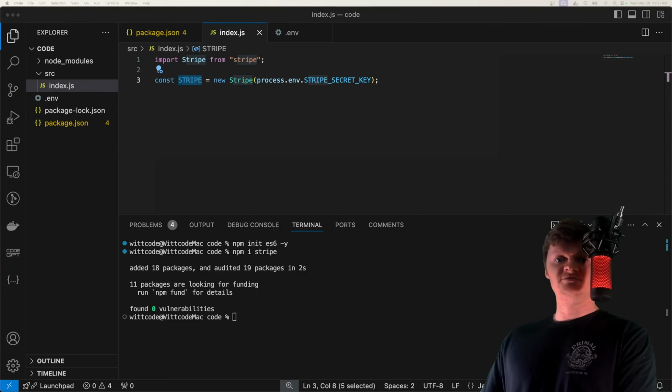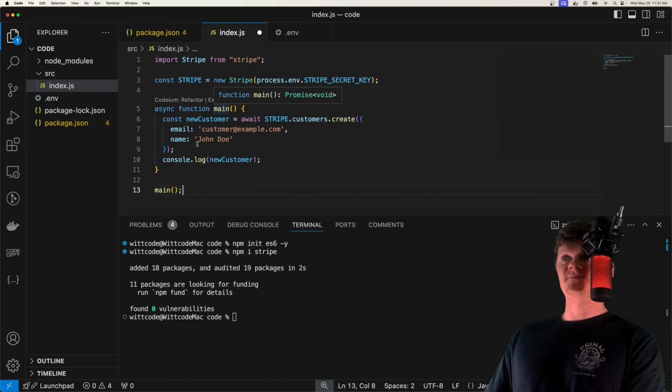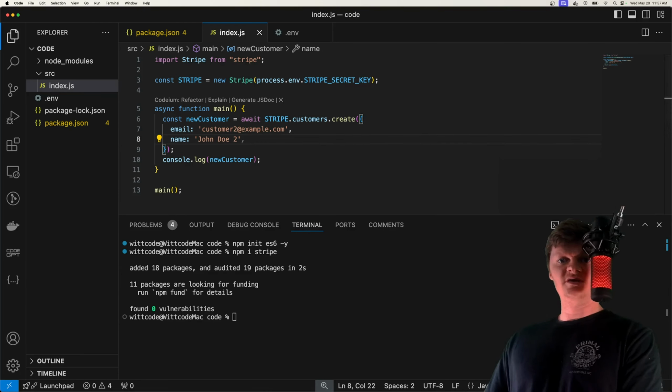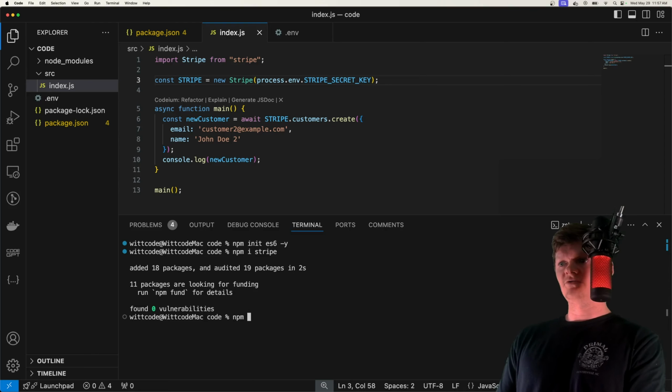As a demonstration, we are going to be creating a customer, and I'm just going to create an asynchronous function called main, and we are just going to use await and then stripe.customers.create function with an email and a name, and then log out that customer. I'm going to change this to customer 2 because I think I already have this on my dashboard. Next, all we need to do is run this program. Essentially, you can run it with just npm